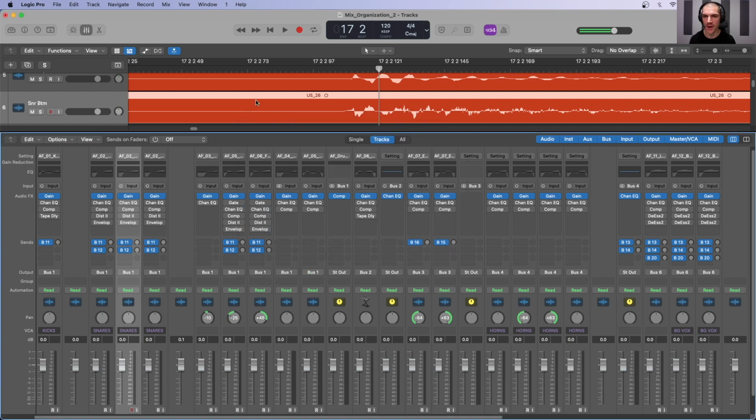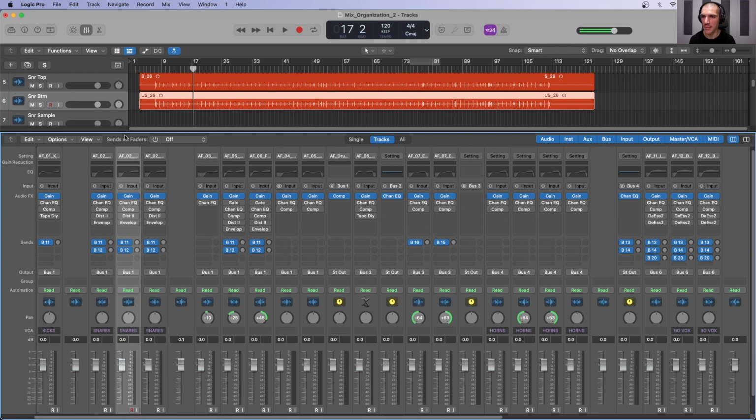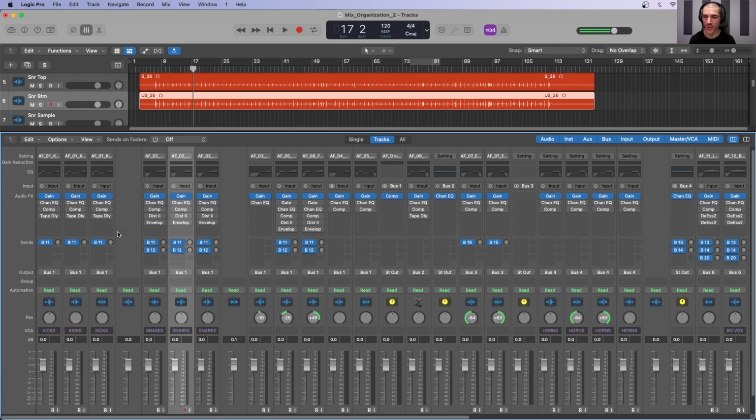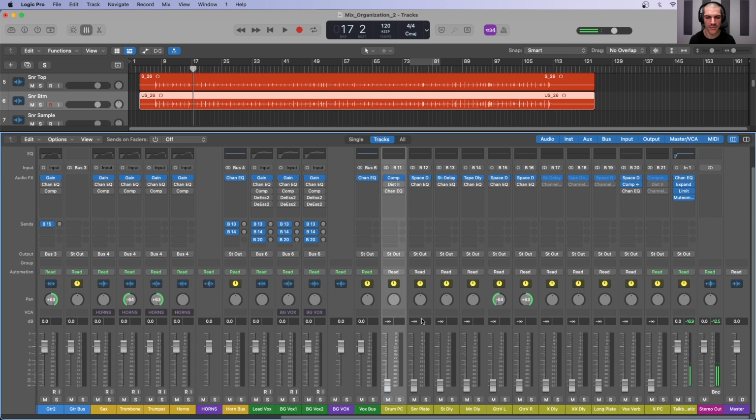So there we go. We have our tracks color-coded and set up in our proper naming convention. We have everything routed thanks to the template, along with all of our effects sends over here. Again, our sends are set to 0, as well as the faders here of the actual return channels. We have our phase issues all sorted out, although we could go into deeper detail about the phase relationships of